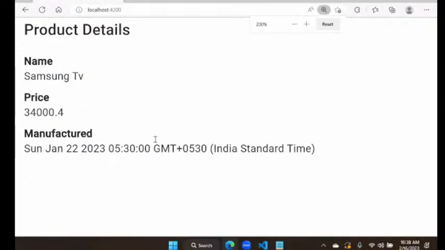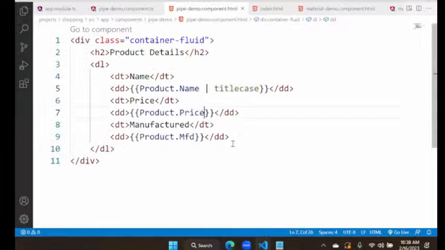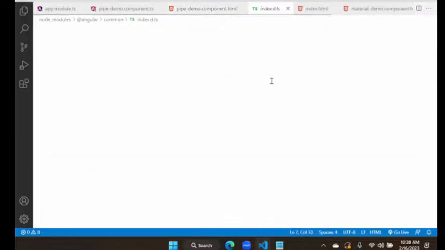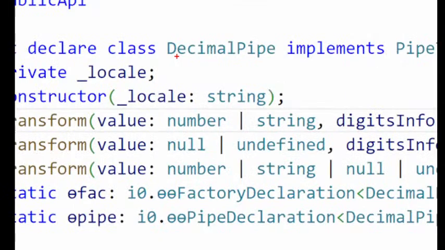Then what we will do here, we will just add a number pipe for this price. But observe carefully, I will right click and go to definition. This number is actually a decimal pipe. Its class name is decimal pipe,